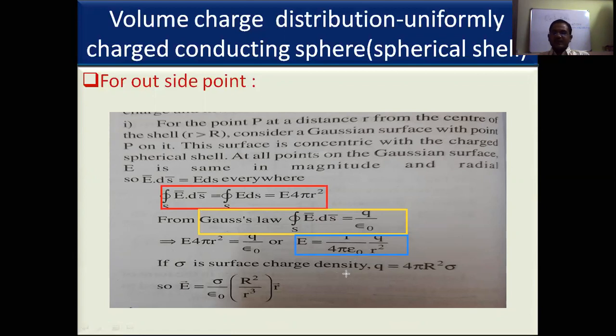If sigma is the surface charge density, then sigma is equal to total charge by total area. So total charge distributed over the conducting sphere, how much? Q by total area of the sphere 4 pi r square. Then you will get Q is equal to 4 pi r square sigma. Substitute this value in this equation, then 1 by 4 pi epsilon naught. So Q is 4 pi capital R square sigma by small r square. Then you will get E bar is equal to,